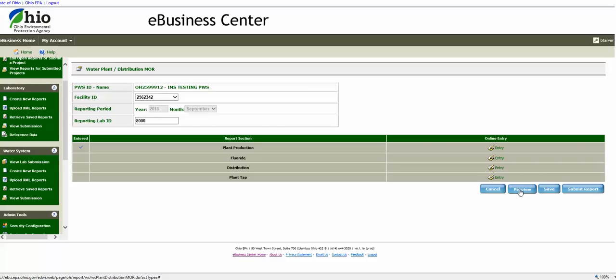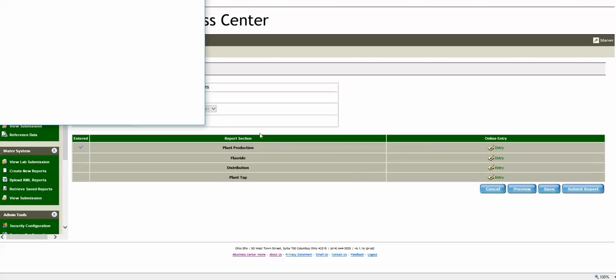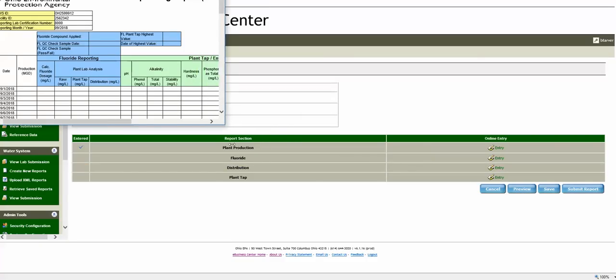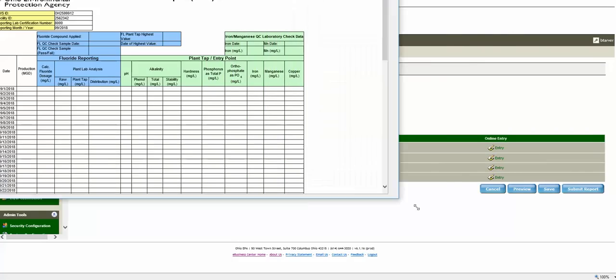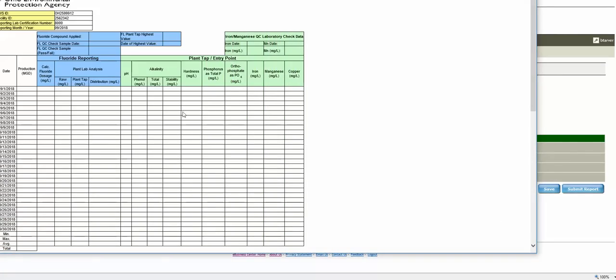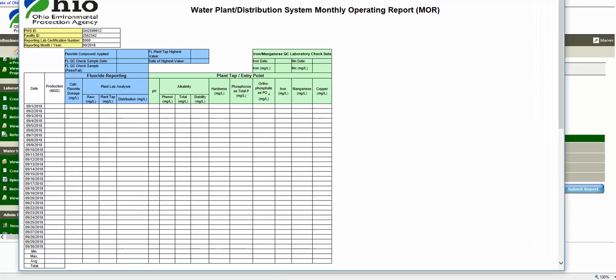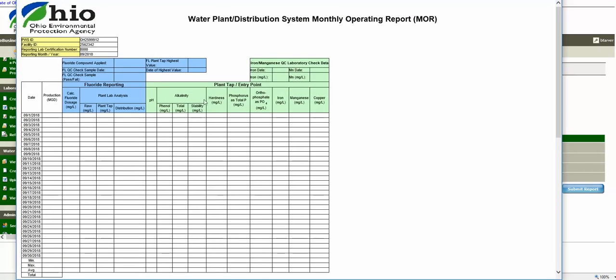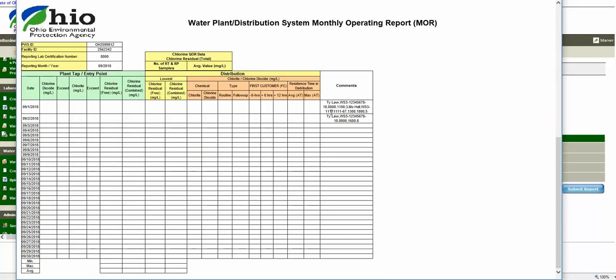And I will click preview just to show you that it does show up. Expand this. And here's a view of the operating report. And the comments show up on the second page. So you'll see that those are all written in here on the first and the second, what I entered.